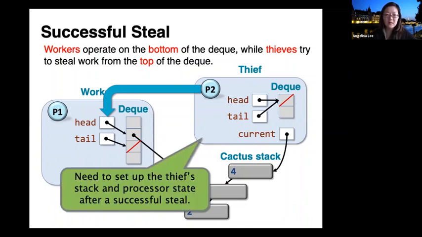And now, once they successfully steal, it needs to set up the thief stack in the processor state, right, in order to resume the execution of fib of 4 in the middle of fib of 4. So how does it do that?